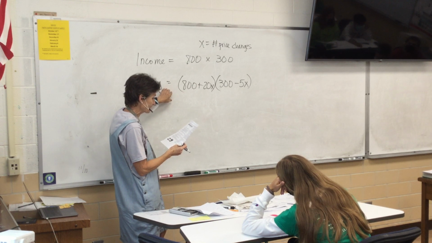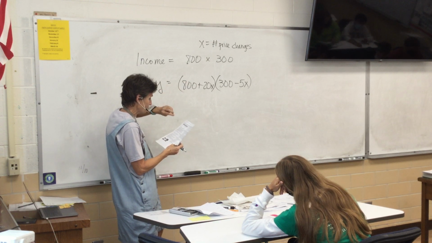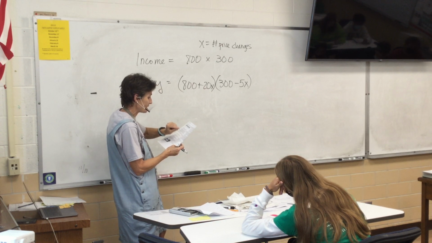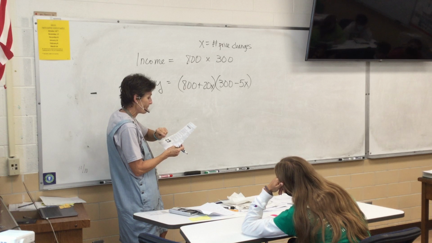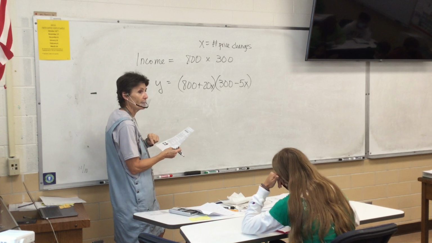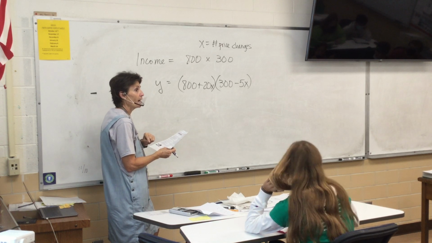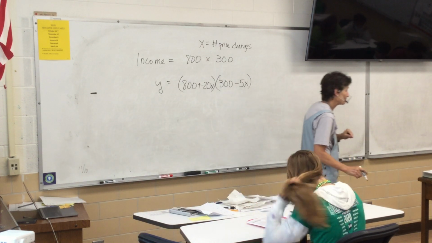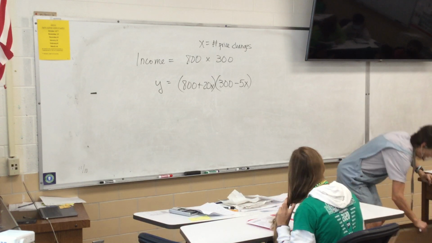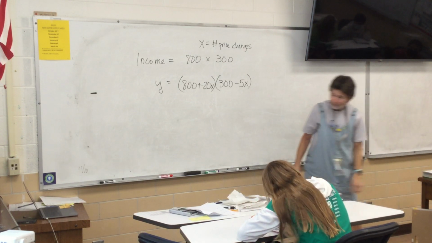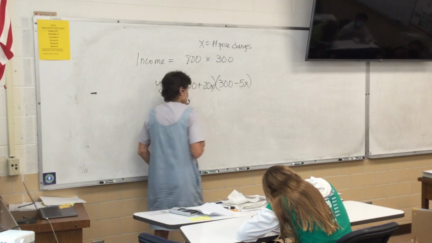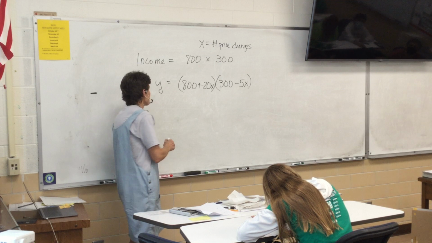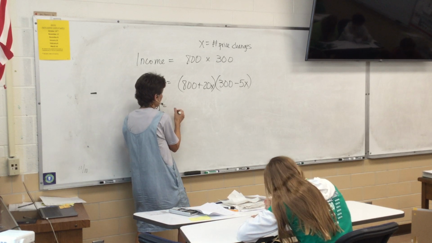That's the question, that's A. Forget about the graphing. Look at question C. What rent will yield Welcome Home the maximum monthly income? I need a vertex. What's the key word in the problem? Maximum. When it says maximum of a parabola, this is going to be a parabola. When you multiply it out, you're going to get an x squared. You want the vertex. So y equals, here we go, I'm going to multiply it out,